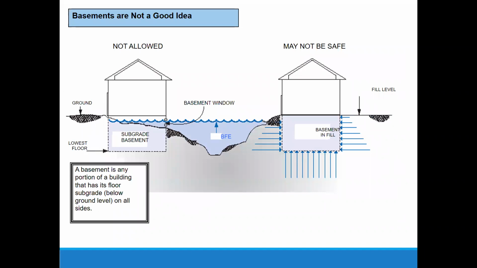Basements in the floodplain aren't a good idea. You can see arrows on the right-hand side of the screen. The arrow at the top is smaller than the arrow at the bottom. The point being that as you go deeper into the water, as the soil becomes more hydrated, the hydraulic force of that water pushing against the foundation walls increases. So the deeper into the ground we go with our basements, the more of a problem it is. Then there are arrows pointing up from the bottom.